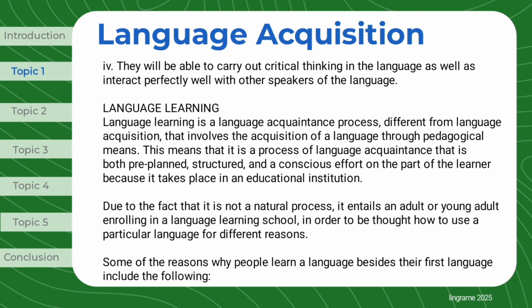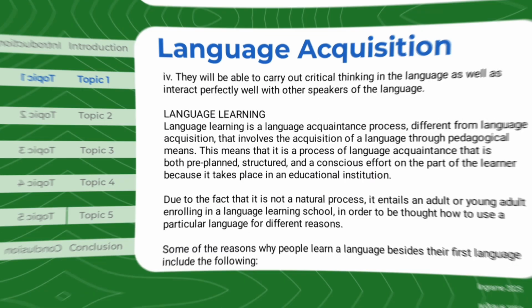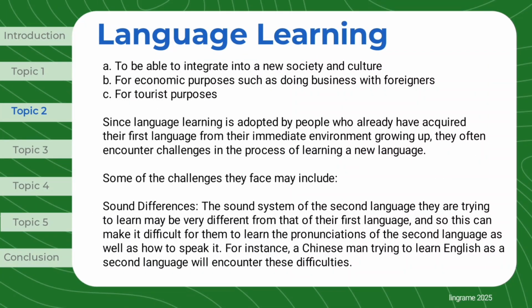Some of the reasons why people learn a language besides their first language include the following: to be able to integrate into a new society and culture, for economic purposes such as doing business with foreigners, and for tourist purposes. Since language learning is adopted by people who already have acquired their first language from their immediate